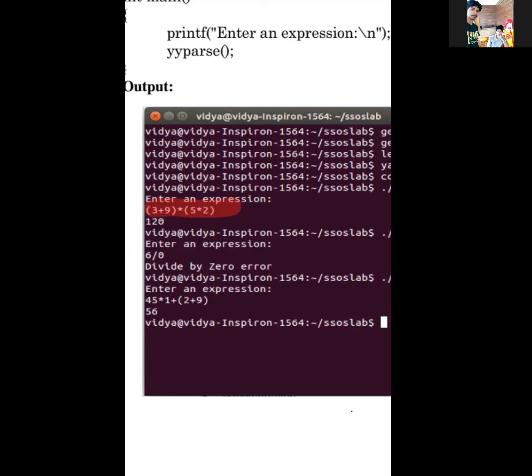Divide by 0 is only for calculation purpose. We are using divide by 0. Remaining internal arithmetic expression 45 star 1 plus 22 plus 9 will give the answer as 56.